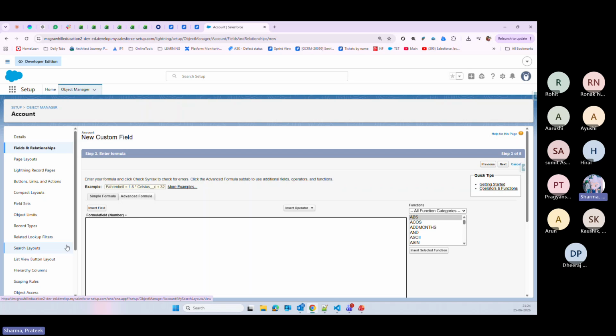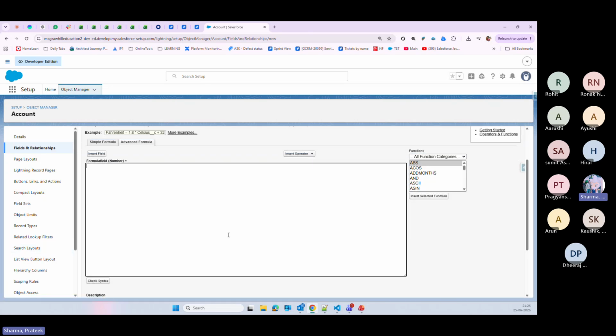Or let's say you want to write another formula that calculates 10% commission if the opportunity is closed won. So if the opportunity is getting closed with the stage name equal to closed won, and you want to give a 10% commission to the agent, calculated on the amount field of the opportunity, you can simply write the formula like this. You can calculate IF stage name equals closed won,